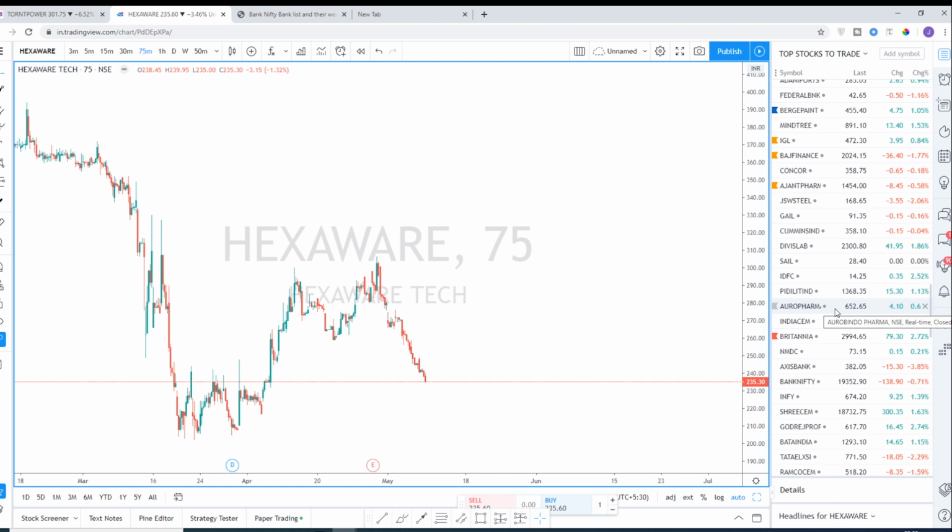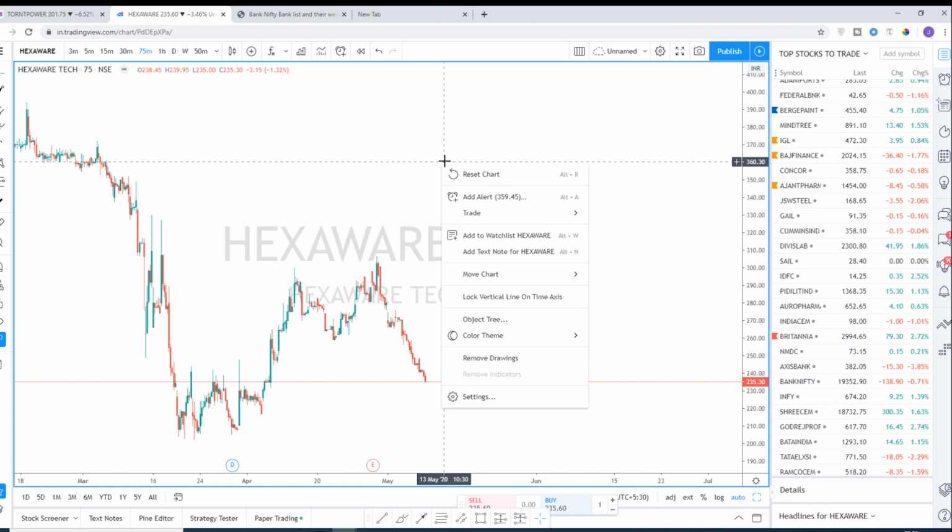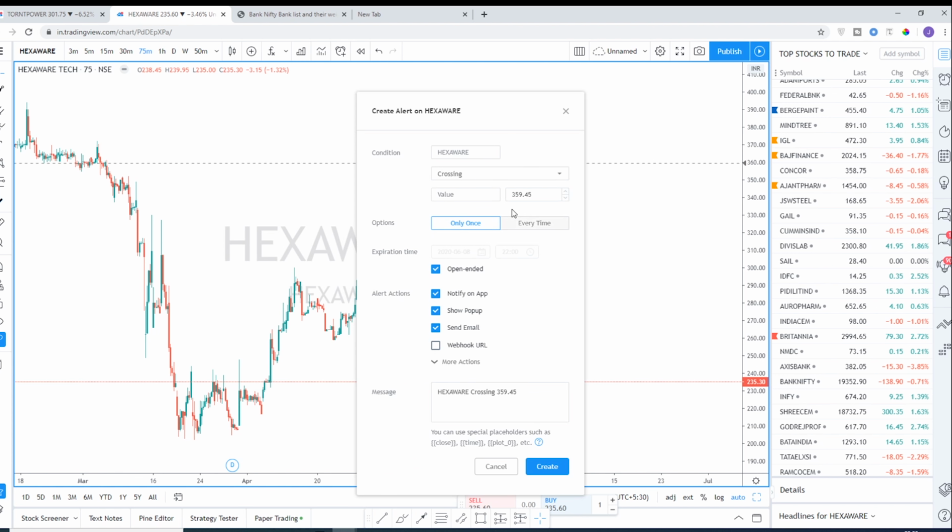So the other thing is, what is the thing, alerts. It's very simple. You just have to right click and add alert, and you can use any kind of alerts. You can either use it for an indicator or a specific price.